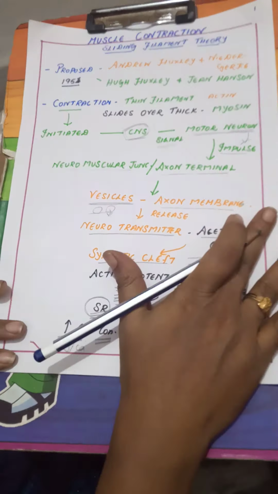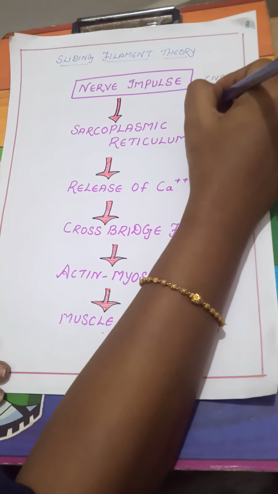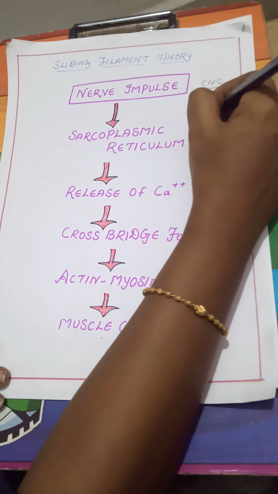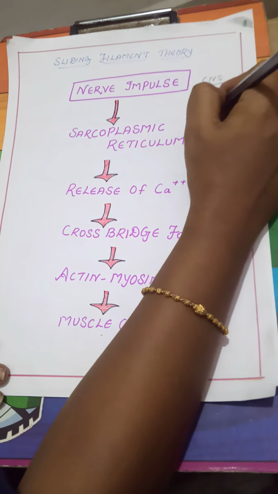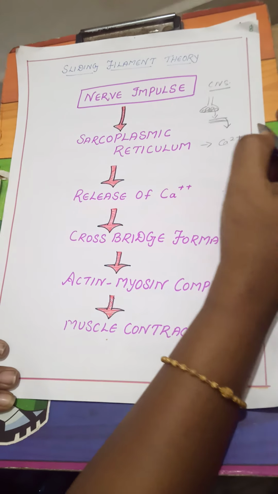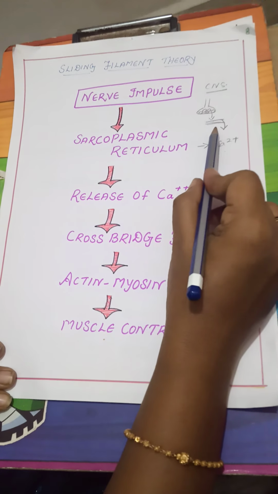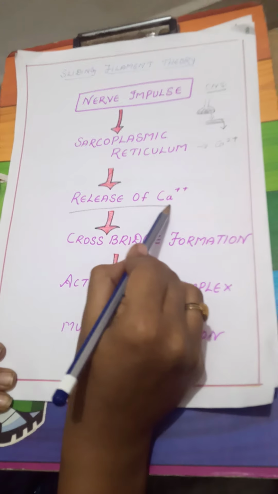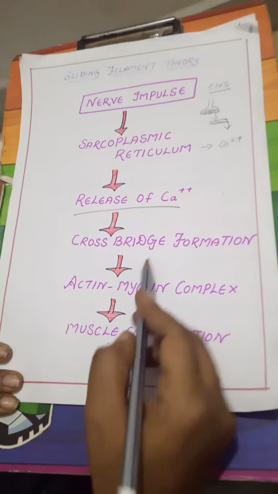Once again, the nerve impulse from the central nervous system reaches a motor neuron. Through the motor neuron, it reaches the axon terminal, and the vesicle starts moving towards the presynaptic membrane. After fusing with it, acetylcholine is released, and this acetylcholine creates an action potential on the sarcolemma. From the sarcolemma, it reaches the sarcoplasmic reticulum, which is a storehouse of calcium ion. In response to that impulse, calcium ion is released, and this calcium ion starts binding